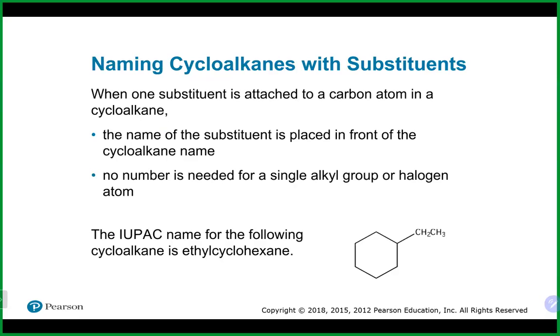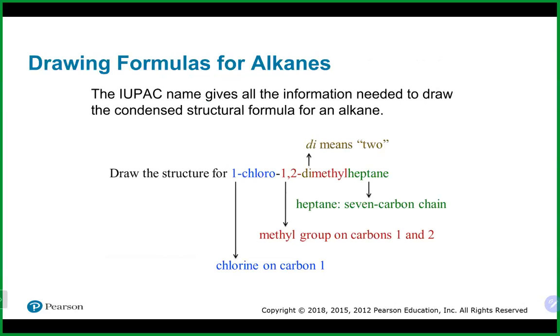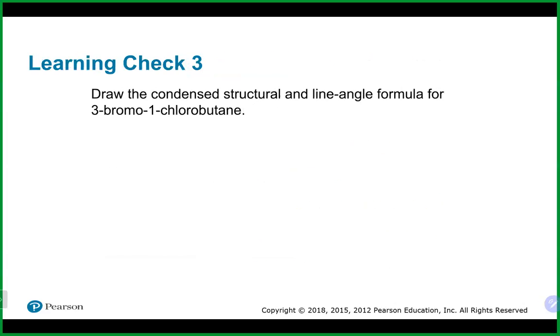So we talked a little bit about this earlier about cycloalkanes with substituents. Again, if you have just a monosubstituted one, you do not need a number. But if you do have more than one, as we talked about, you do need to add some numbers. We went through naming here. So let's talk a little bit here about drawing from the name. Let's take a look at this one, which is 3-bromo